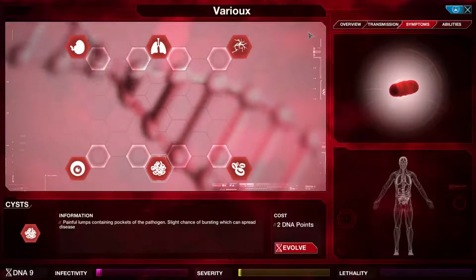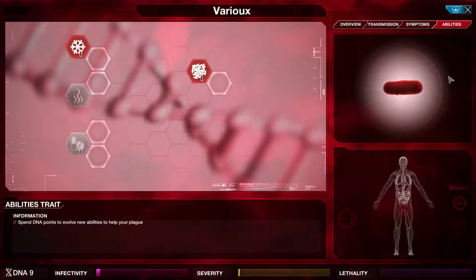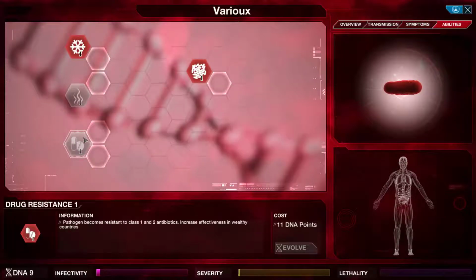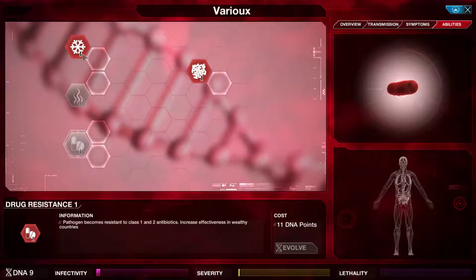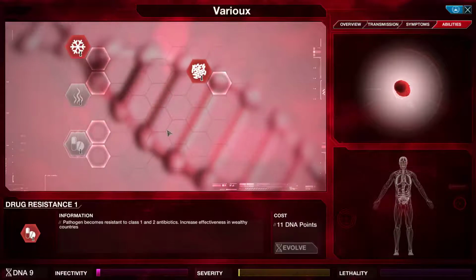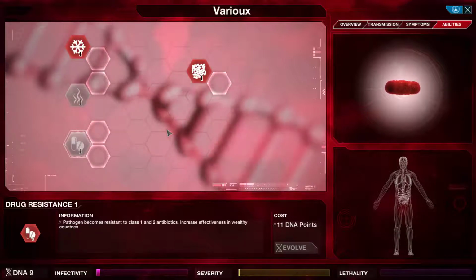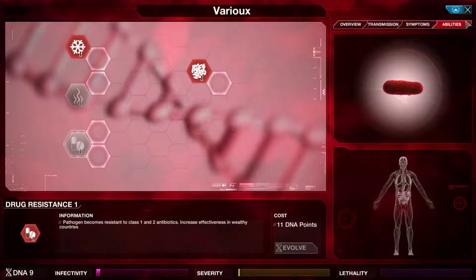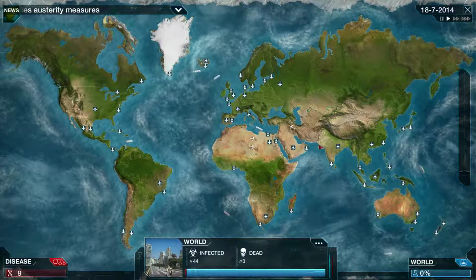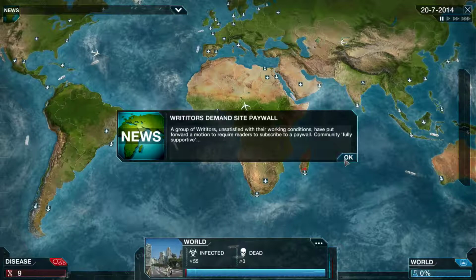One way to really slow it down is in abilities, you can create drug resistances, or another way is to stay stealthy. Don't really do anything lethal. Save up your DNA points until they actually notice your virus, your disease, and then they actually start trying to cure it. Now, one way that you can really stop the cure timer is...